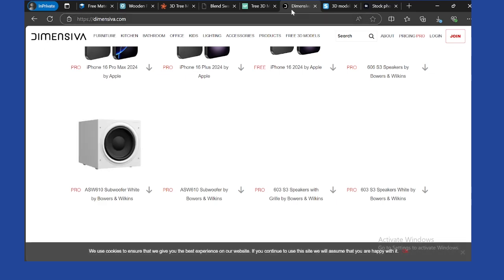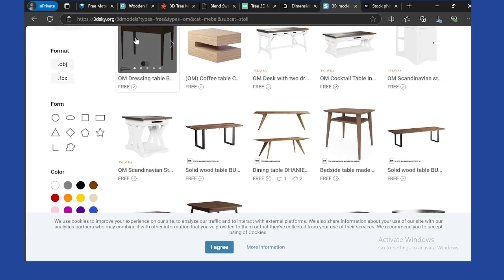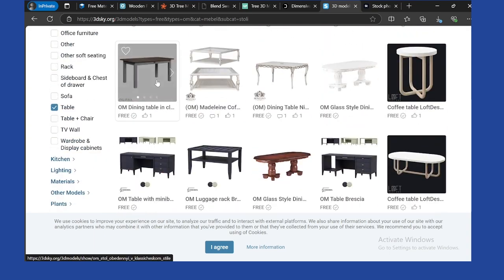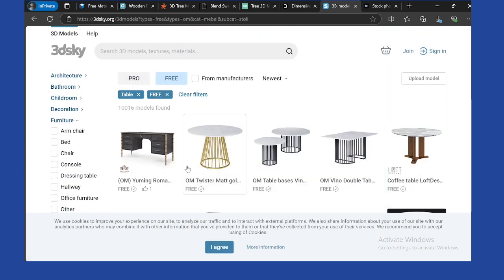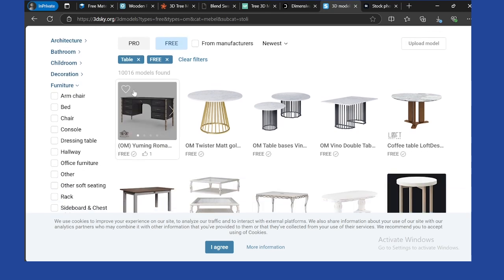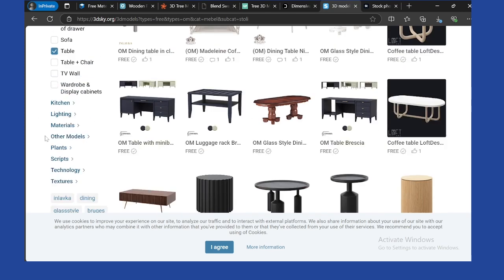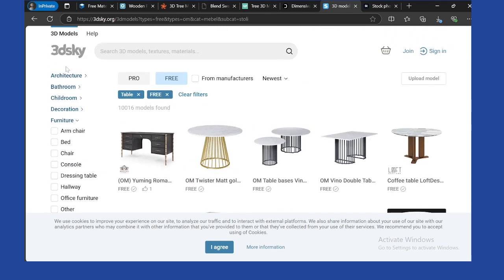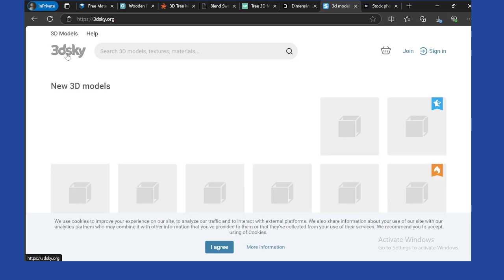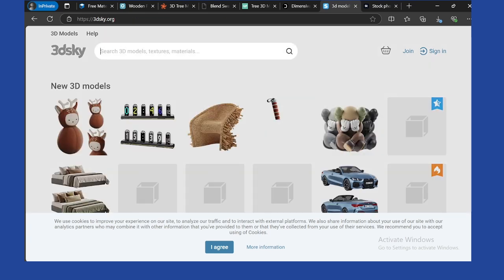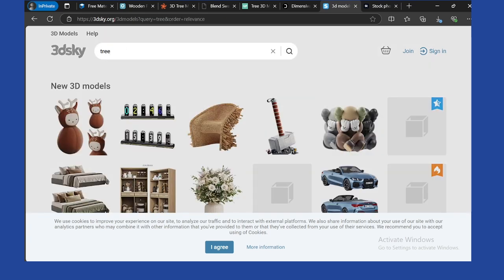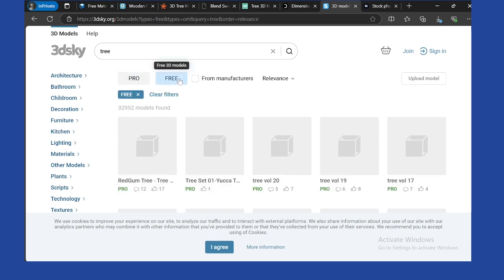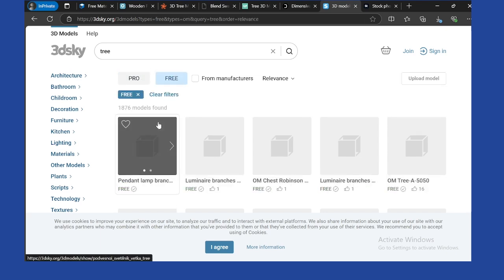Similar to this website is called 3dsky.org. You can download interiors or something, a free category, and I put a table. Let's search for another one. Let's go to 3D Sky. Again, I go for trees. Trees, and if I click on free,